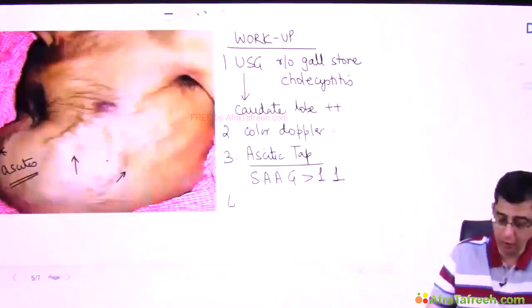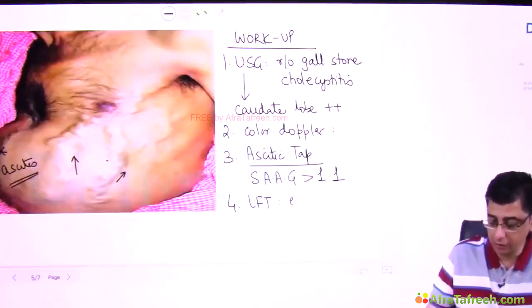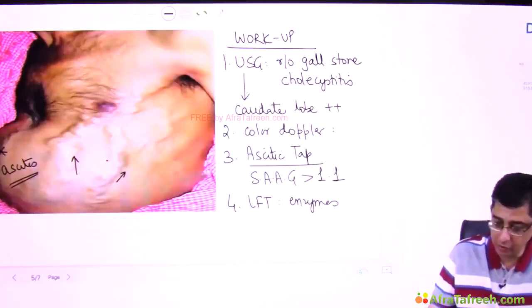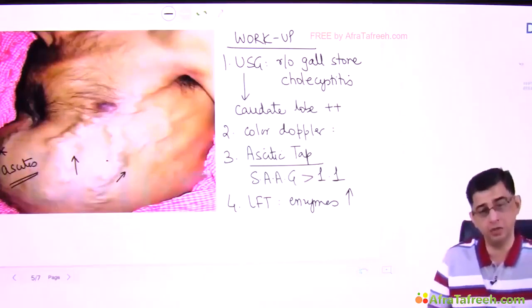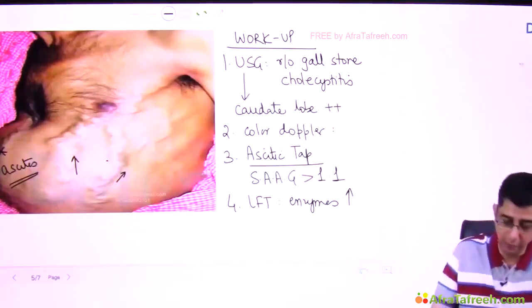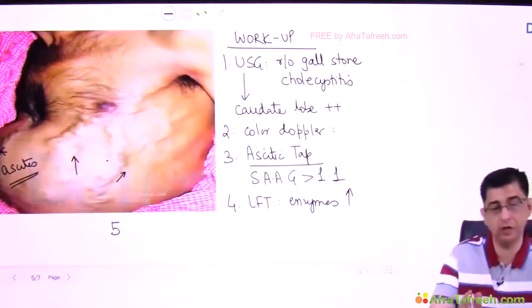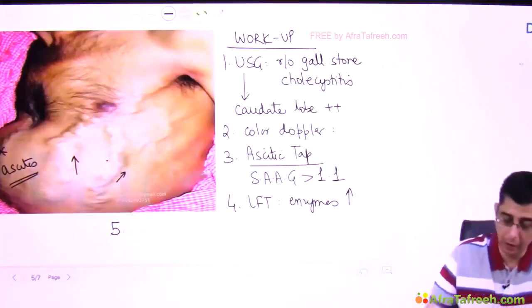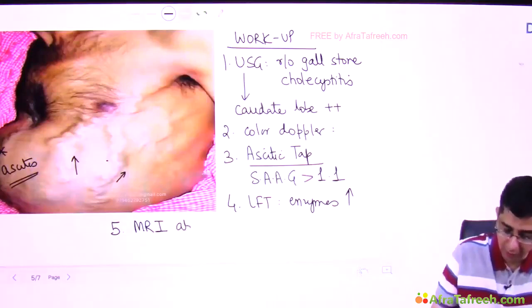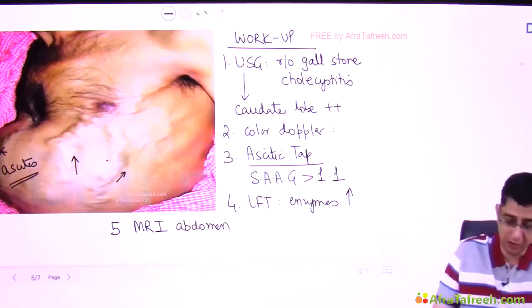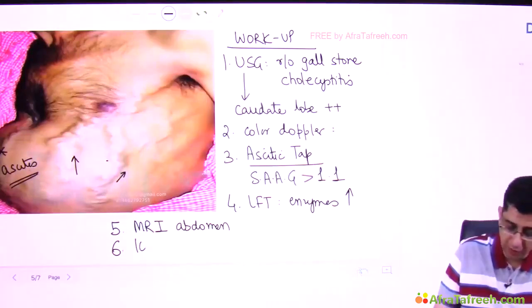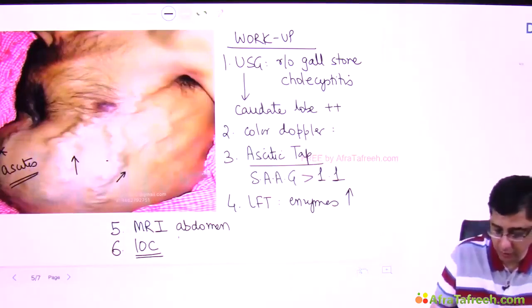If you do an LFT in this patient, serum bilirubin may or may not be elevated, but liver enzymes will definitely be deranged. It's not a very striking elevation of enzymes initially, but yes, bilirubin values can definitely be elevated in the acute presentation. Even MRI has been done for workup of these patients. Considering the MRI facility for abdomen not being routinely available, if he says in a question, what is the best test to confirm the diagnosis of Budd-Chiari syndrome, then the answer would be